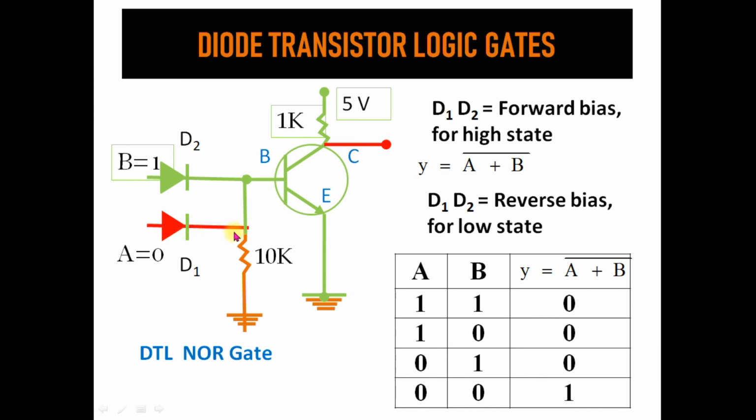If one of the two diodes is 0, then this diode is in reverse bias. So the base current is present due to the diode D2, hence it makes a complete path for the flow of current or voltage. Output is 0. If both diodes are 0, that means reverse biased, no base current, then this makes the path incomplete, then we can measure the output at C.